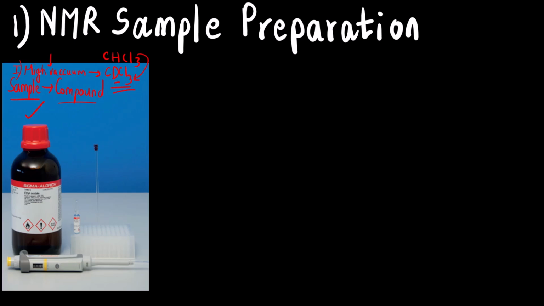So why do you apply high vacuum? Suppose your sample was used during column chromatography, suppose you used ethyl acetate. But in your final spectrum data you don't want the ethyl acetate or whatever solvent you were using for column chromatography. So that is why first you apply high vacuum, then you dissolve your sample in the suitable deuterated